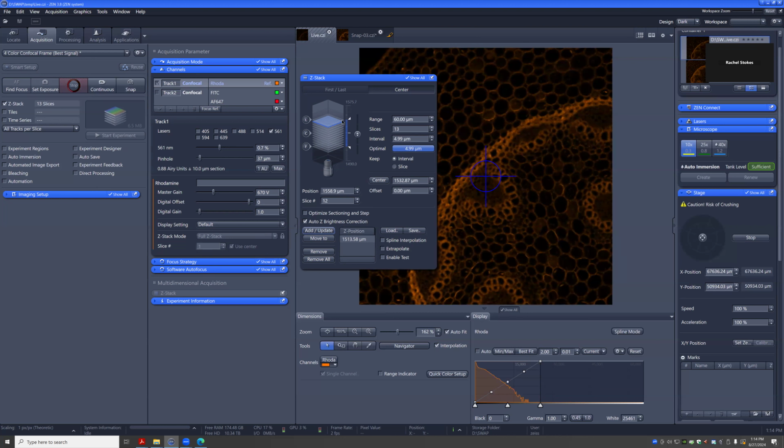So we set higher laser power or gain. You can modify whichever setting here, and then you hit add update. Now it has 2 points, both with their own laser power set. So now you can actually say,